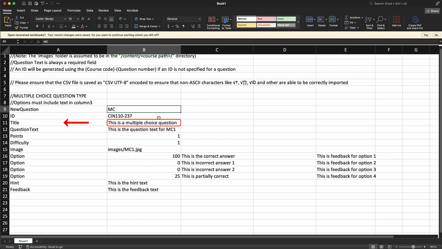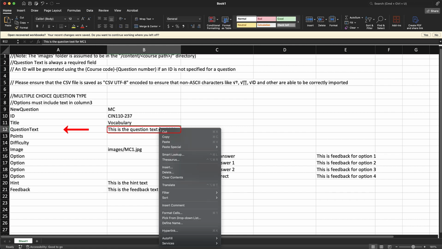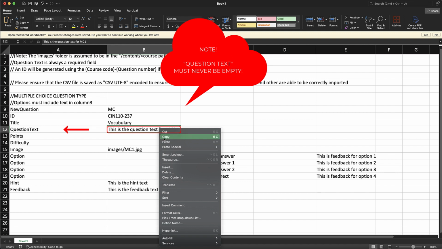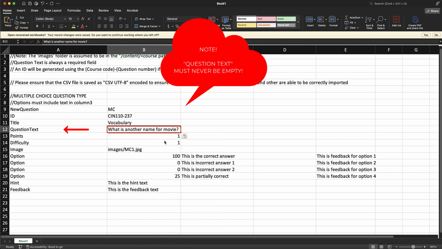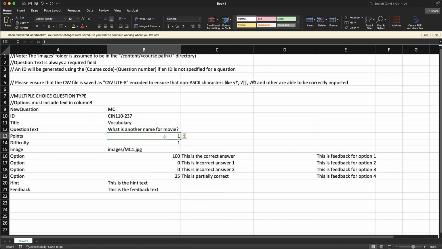Next to where it says Title, type in the question category or topic. Paste the question itself next to where it says Question Text. Note that this is the one area that can't ever be empty. In the next 2 rows, determine the points value and difficulty level of the question. If you have an address to the image associated with the question, you can paste it in the column next